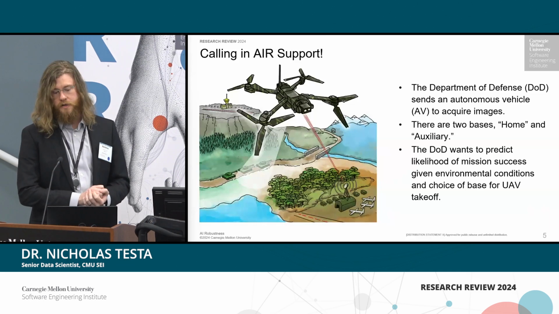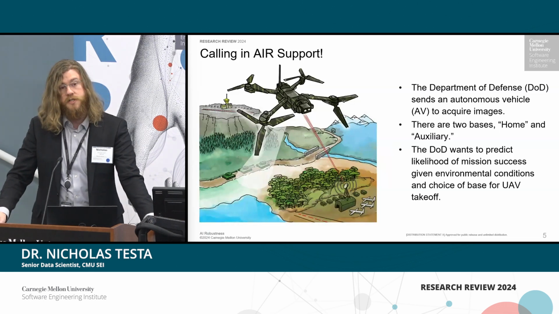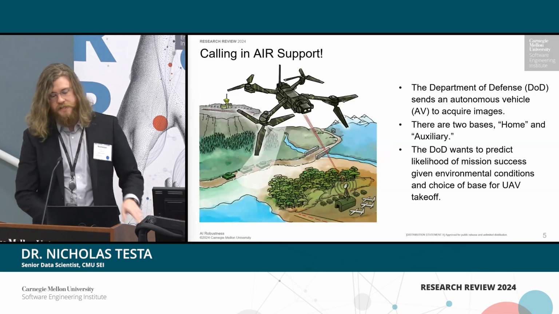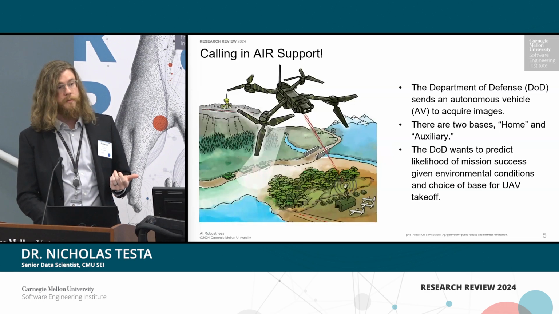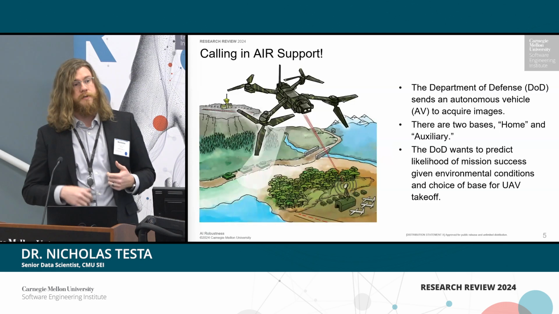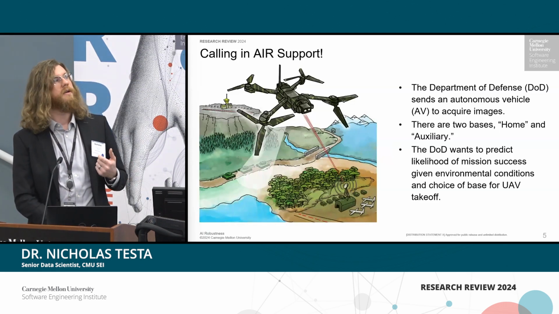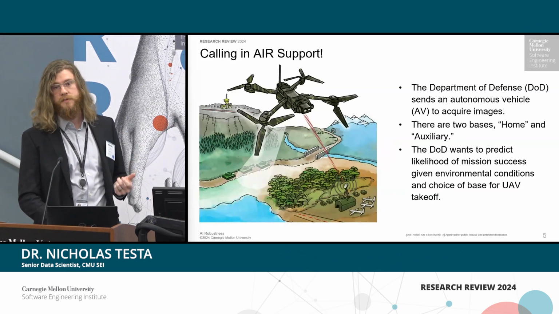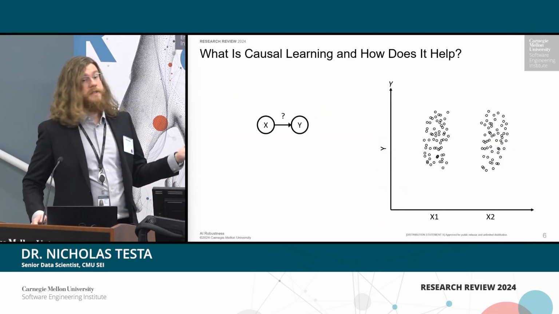We want to understand not just what mission success looks like based on which base is chosen, but also why. Some of these unrelated events may end up changing the environmental variables enough that the classifier performance starts to degrade, and we want to be aware of that. So we needed to build a tool to account for this and understand whether or not this AI classifier might be producing biased results. Our new AI robustness tool was the answer we came up with.